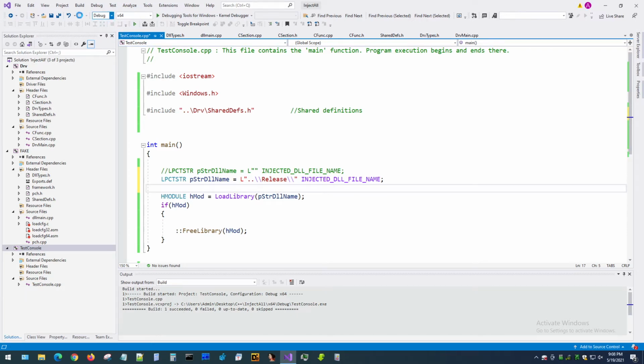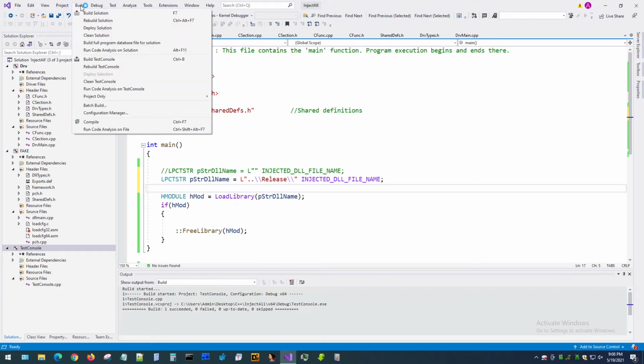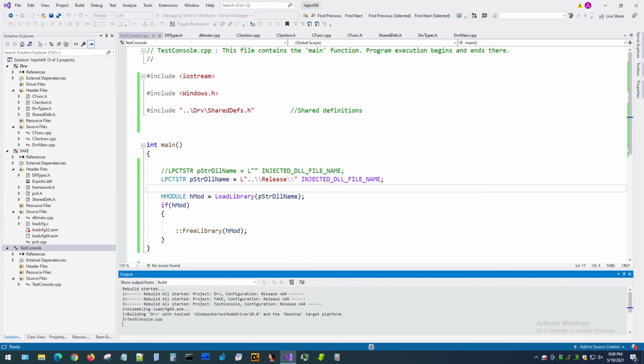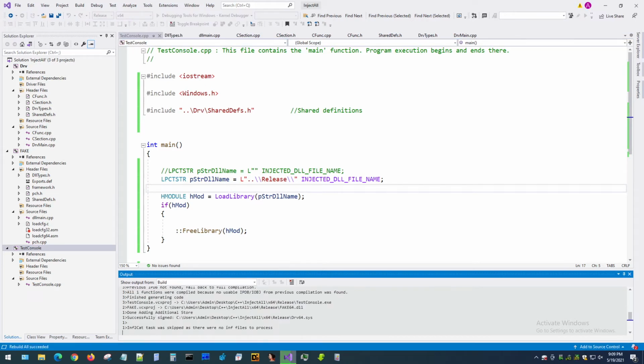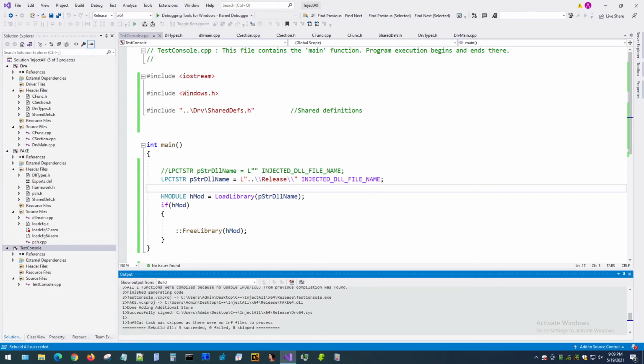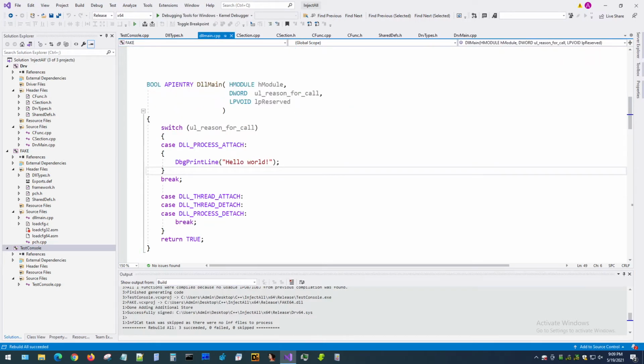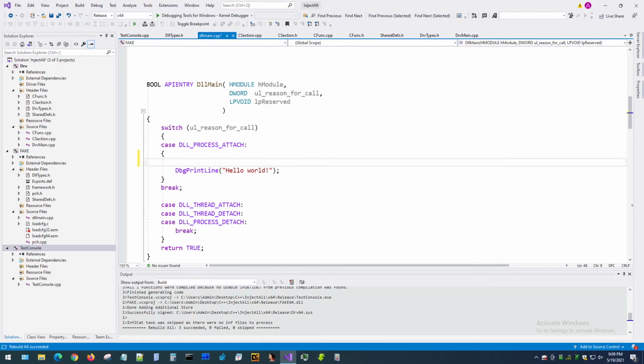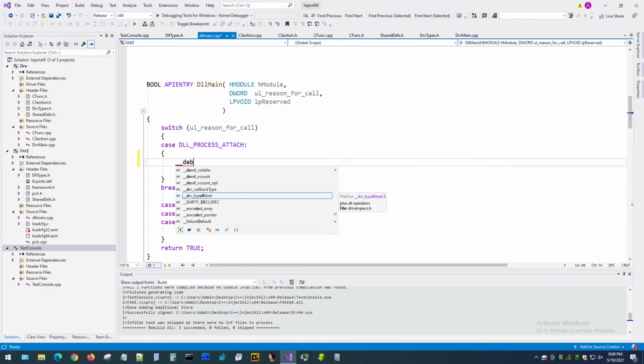Let's make sure that we have everything set up for release. Let's rebuild solution. So that will create a release DLL for us. And if we go into DllMain, let's say if we want to break before we do our logging function, the way we can do this in a release build is by using